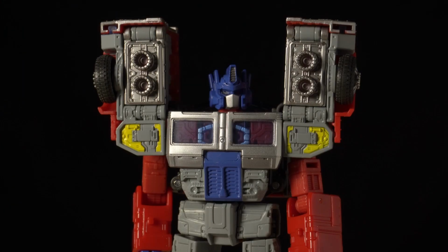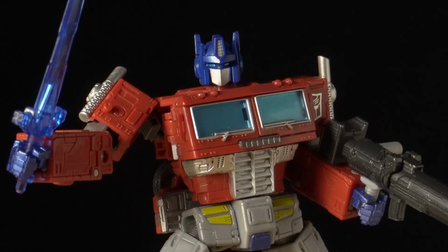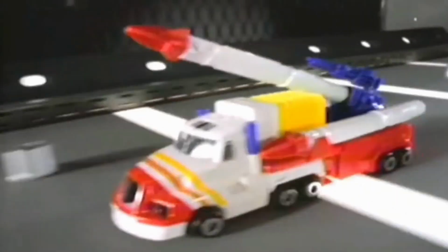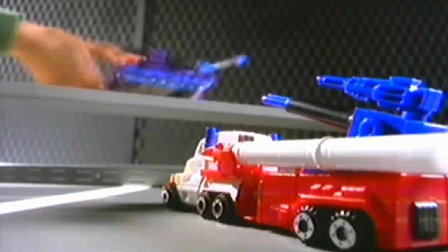He replicates most of the main color placements of the original, and it's interesting to think that he's primarily silver, gray, and black, with Prime's usual blue and red being relegated to accenting colors. This is not the weirdest Prime of this era, but you gotta wonder, why did so many G2 figures have